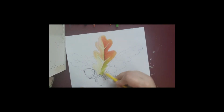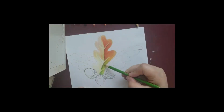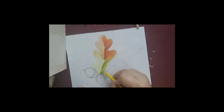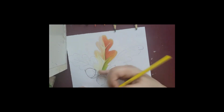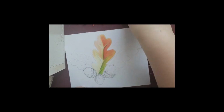Color pencil is all about layering. Layering your colors to create your shadows, layering your colors to create these interesting gradients. It's really important that you do this and don't try to push down really hard or burnish your color pencil, because then you can't layer anything on top. The actual wax of the color pencil will stop you from putting additional colors on top, and you'll just